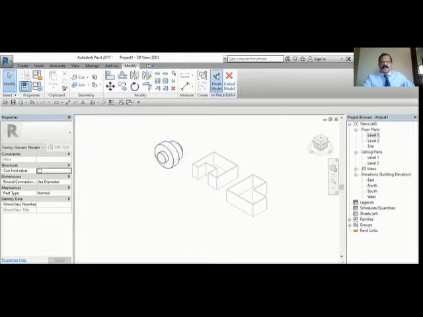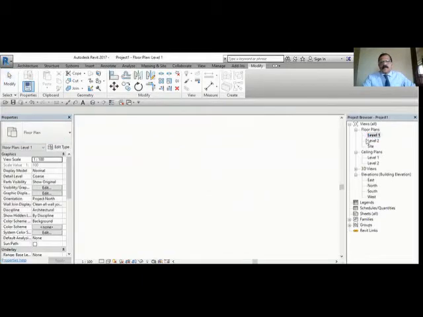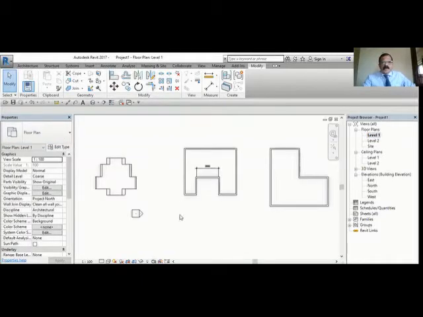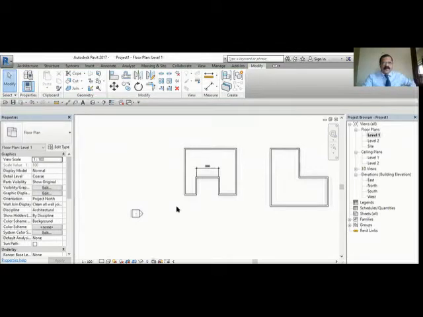Now let us create the same thing in a vertical plane. I'll go to the plan again. I will delete this, which was created in the plan. I want to create it in the elevation so it will be more clear.